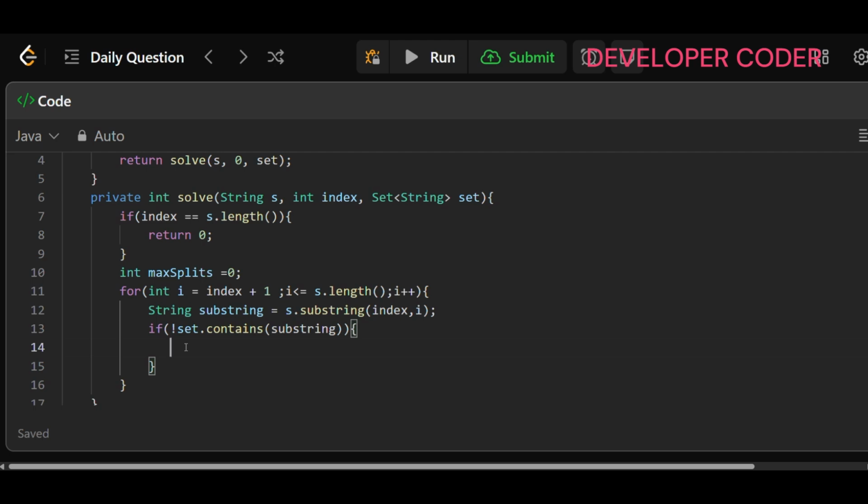Now if my set doesn't contain this particular substring, then we have to add that substring. In my set dot add that substring. So I have added that substring. Now once I add this substring, then we have to calculate the max splits. So my max splits is going to be what? Max splits is going to be Math dot max of the max splits that I have already, and here